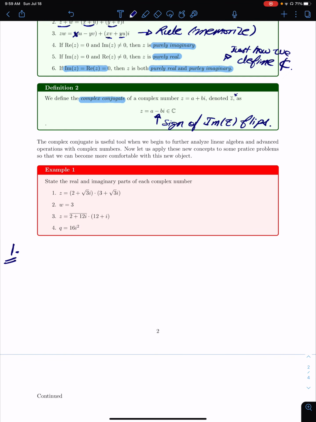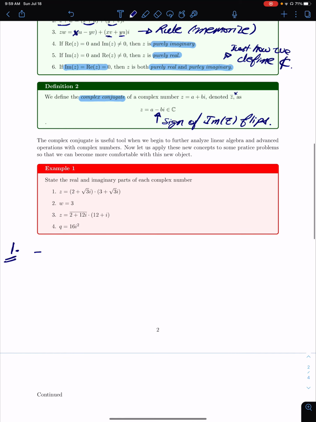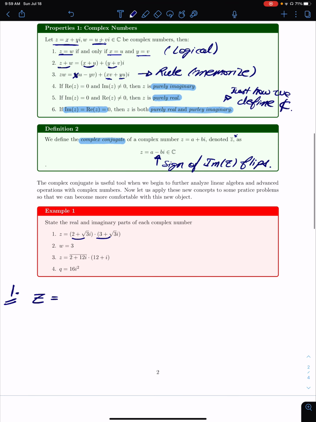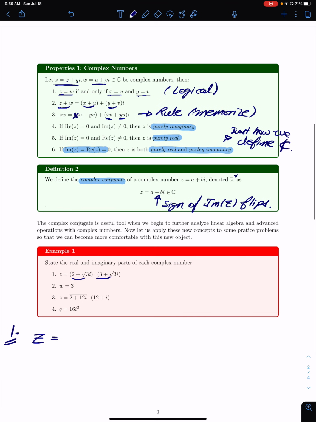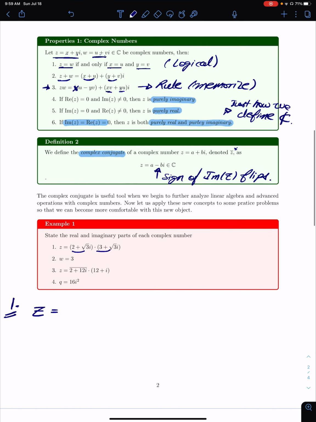Question number 1. State the real and imaginary parts of each complex number. So z is a complex number that's actually a product of two complex numbers. Right now, we can't read off what the real and imaginary parts are. We have to actually perform the operation. So how do we take the product of two complex numbers? We go back to rule number 3, and that is we take